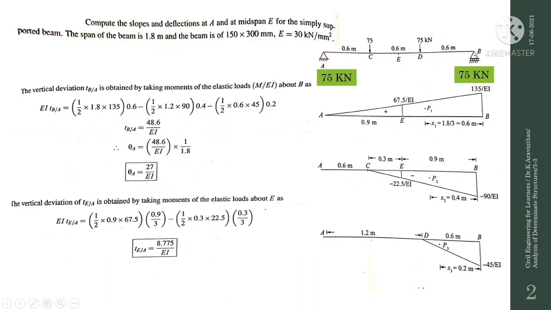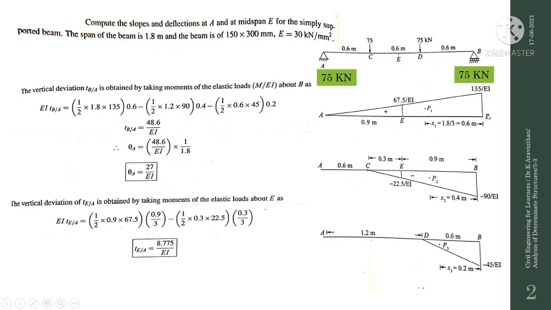Okay. So after getting that, you have to find the bending moment. Let us take the bending moment at the point B. So you will have RA into the distance, 1.8. If you multiply 75 into 1.8, you will get 135 by EI. We will be writing in terms of EI here. This will be the deflection, and hence we are writing in terms of 135 divided by EI.